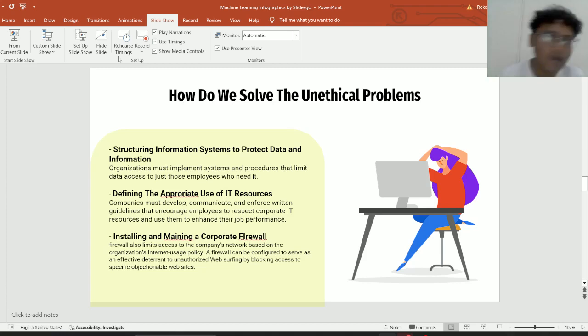So not all the websites that the employees or we are trying to access are going to track our history data and try to steal our information. So with this method, we can say that we're going to wrap it and say it's ethics. It's one of the ethics in information technology when we have a company, an IT company.